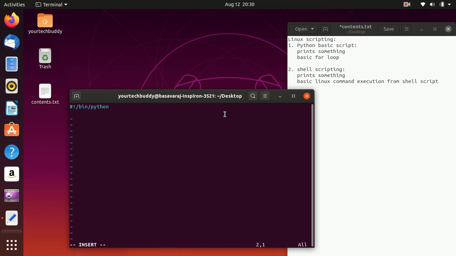The first thing we want to do is print something. I'll just type print. Print is the Python syntax to show something on the screen.